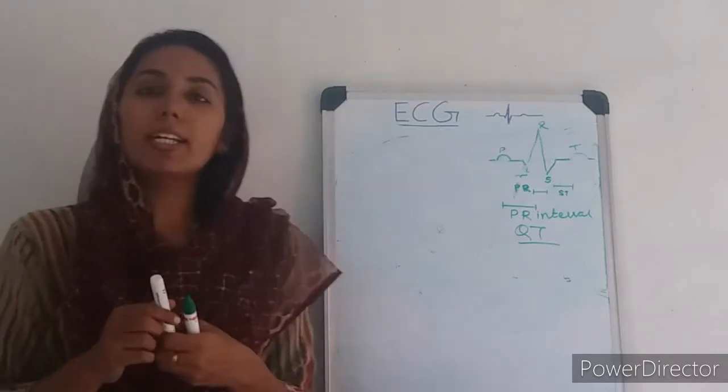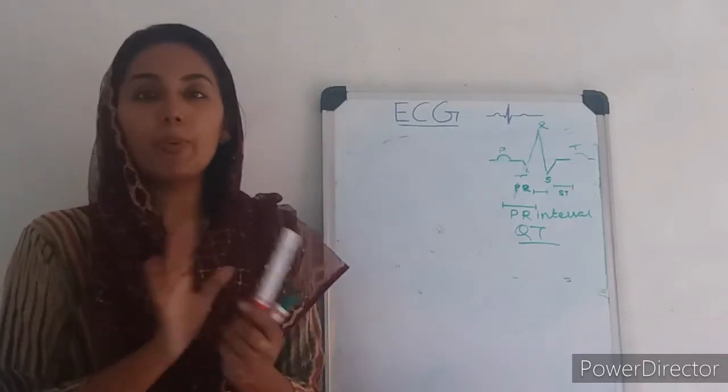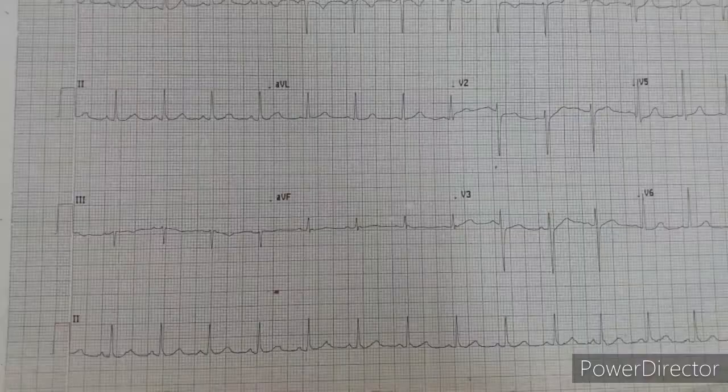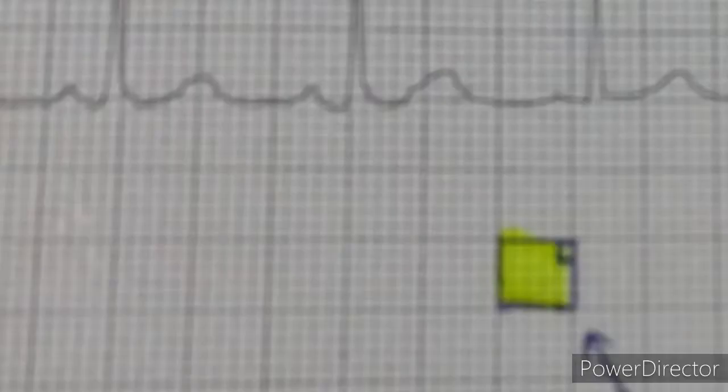Now let us discuss in short about the ECG paper. You have to know very clearly what an ECG paper is. You will see lots of vertical lines like this, lots of horizontal lines like this. Once you see carefully, this ECG machine is calibrated in such a way that it will move around 300 big boxes in 1 minute. So 300 big boxes in 1 minute means 300 boxes in 60 seconds.